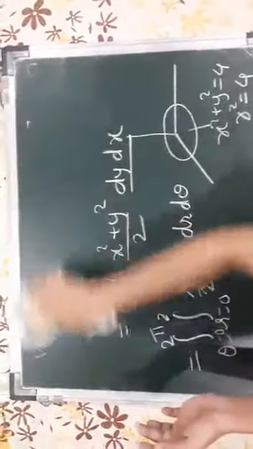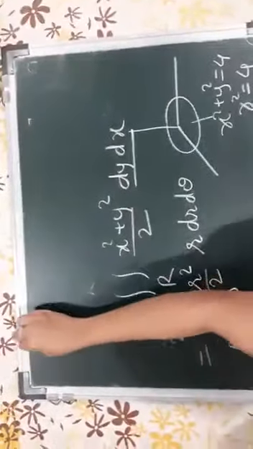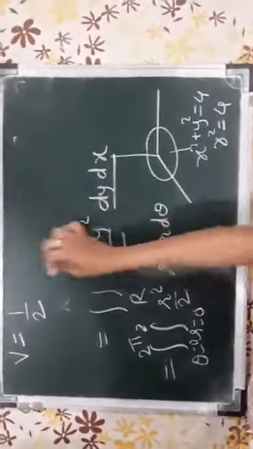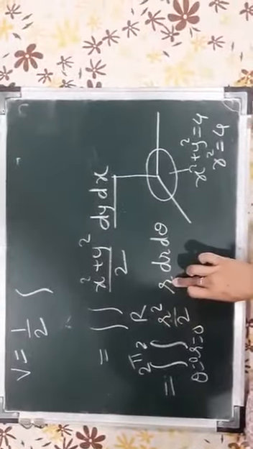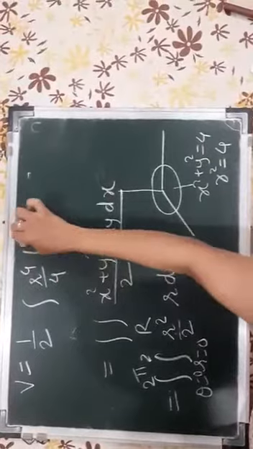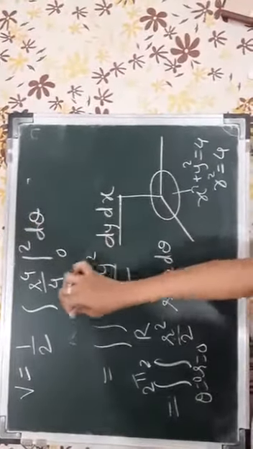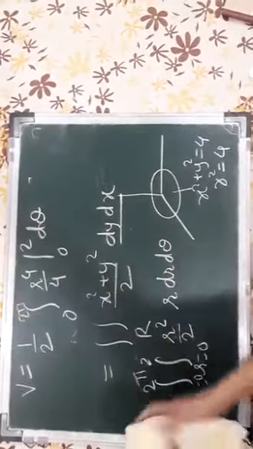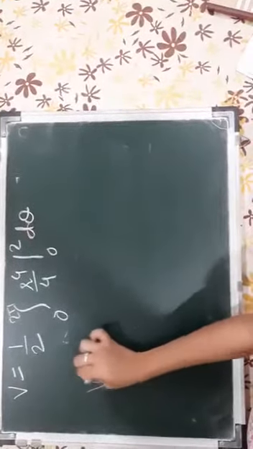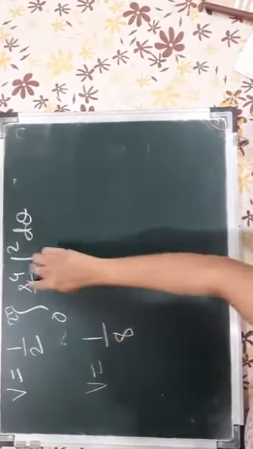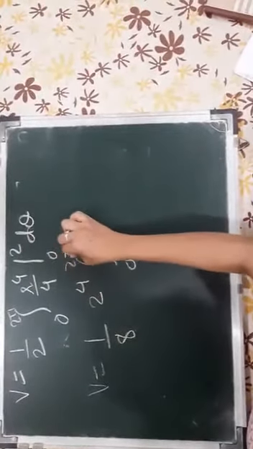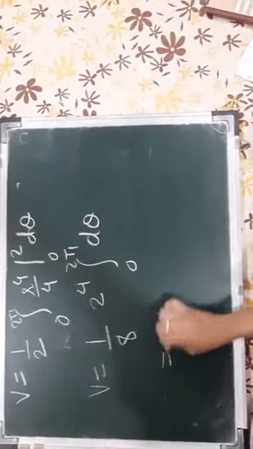So your volume becomes v is equal to, take this 1 by 2 outside, r into r is r square, integration of r square into r is r cube, integration is r raised to 4 by 4 from 0 to 2 d theta, and theta is going from 0 to 2 pi. Therefore the final value will become v is equal to 1 by 8 comes outside, 2 raised to 4,